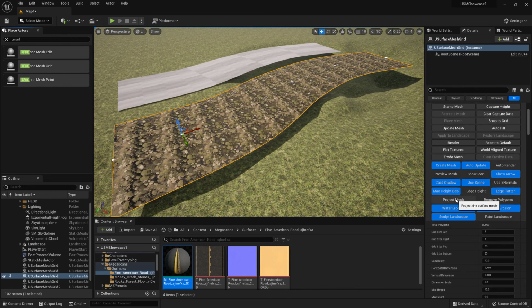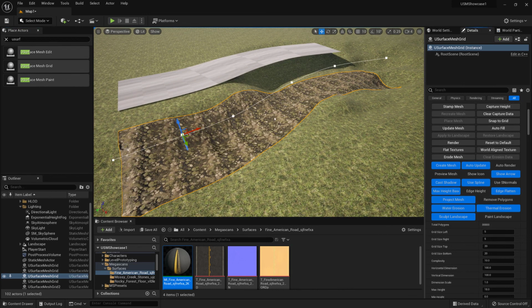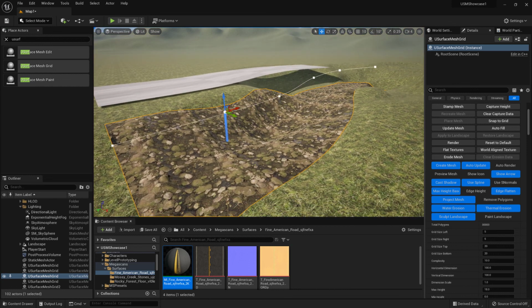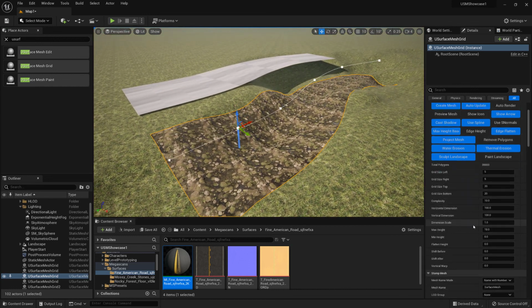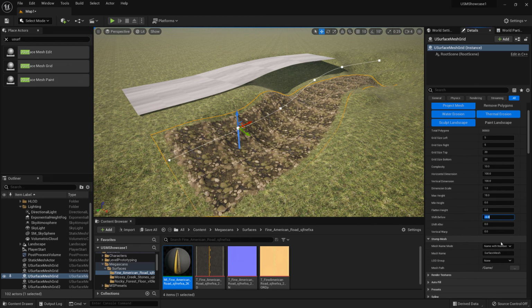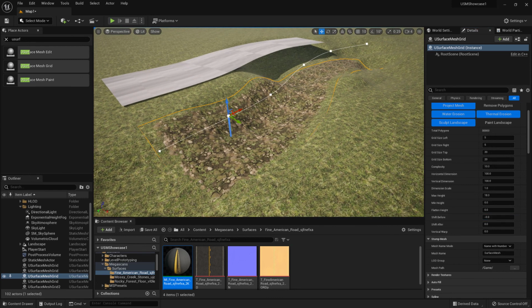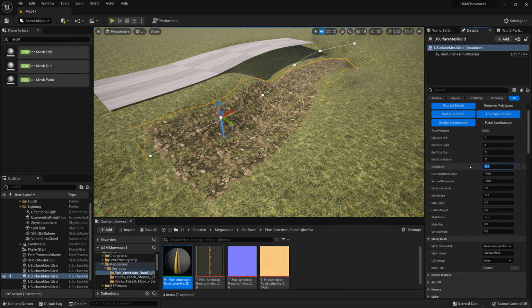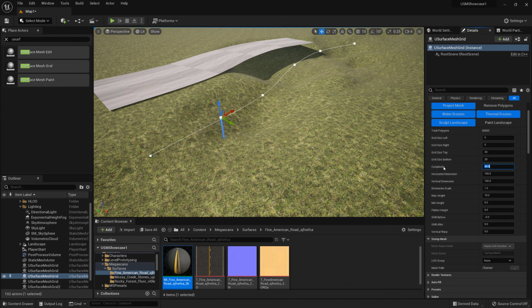And then we can tell it to project. So it'll project down onto the floor. And then tell it to shift down a certain number of centimeters. And then if we build it with a high enough complexity again, which will end up with millions of polygons,